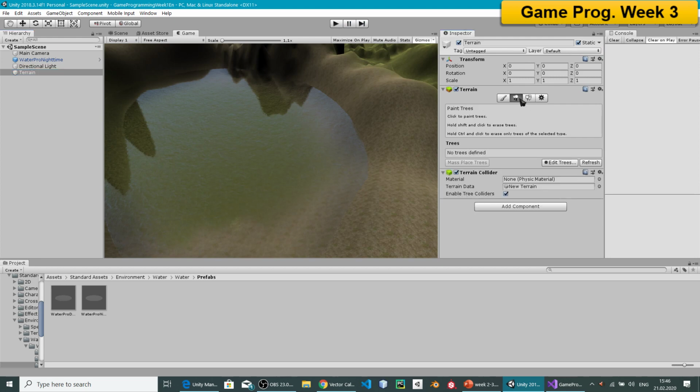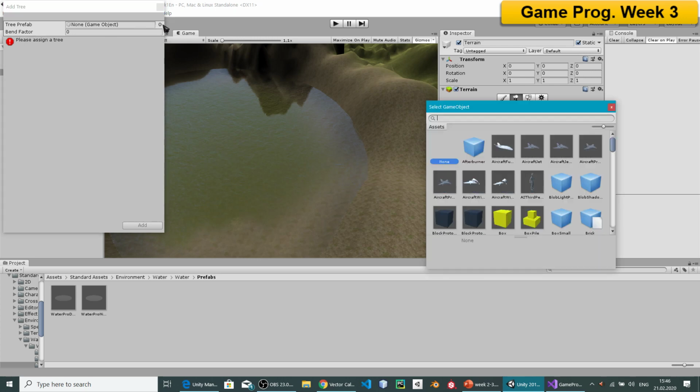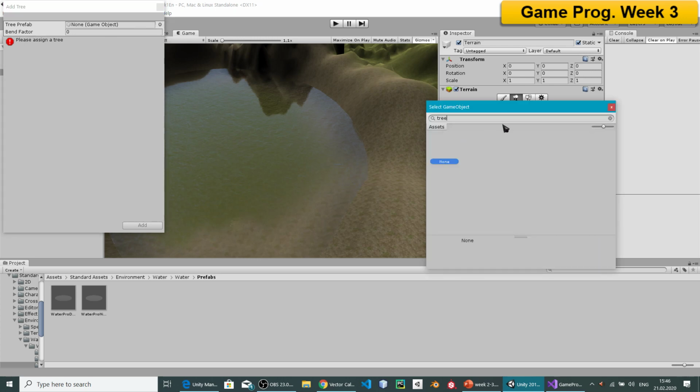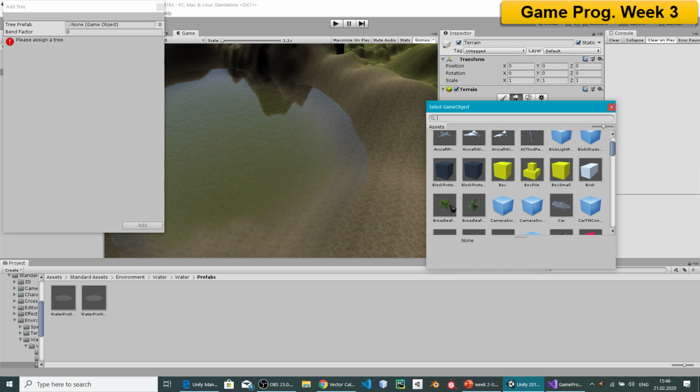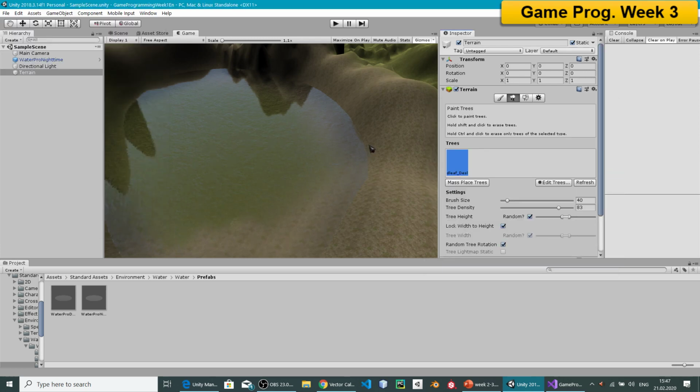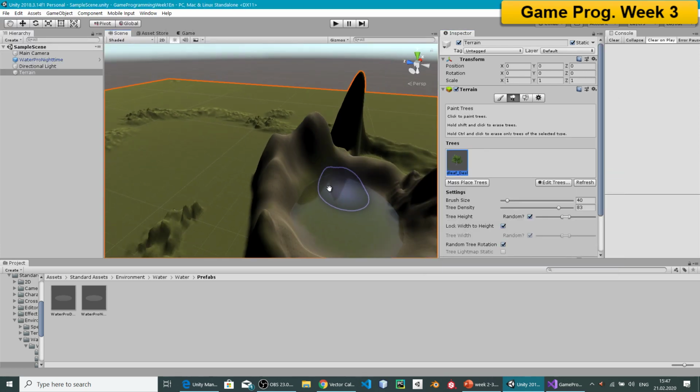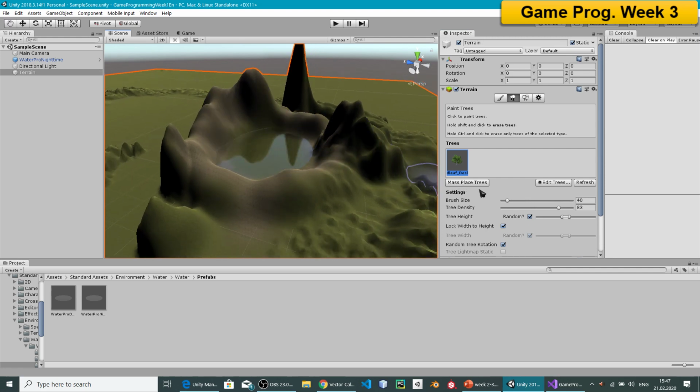We have another thing, paint trees and edit trees, add tree. Then in the standard assets we must have some tree. So should be here. This one. Then edit. Then go to scene mode here again. I choose my C and this is the brush. You have size, so you can put the tree here. I want to make a small area, and then for density, which means number of trees, I want to reduce this here a bit. So like put something maybe here,